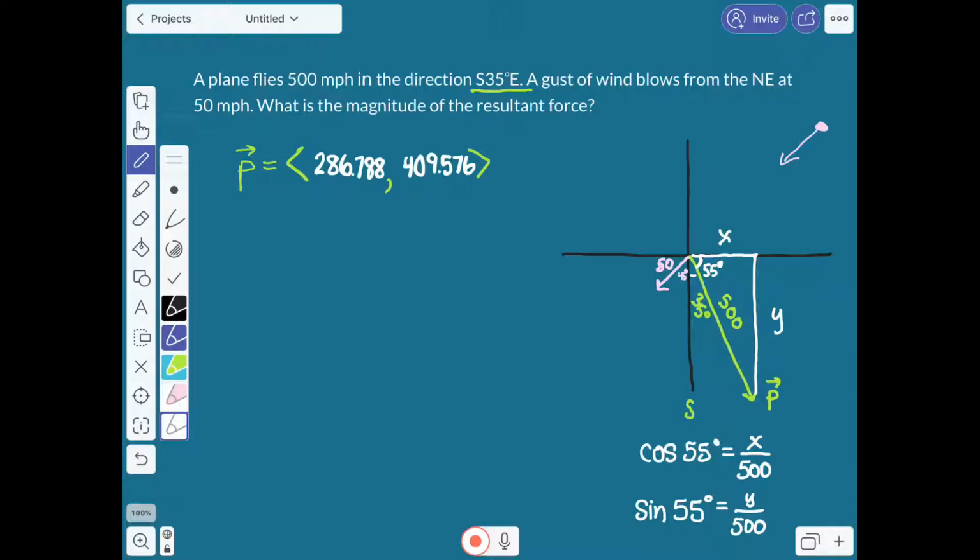Should either of those be negative? I'm going to say, since it's going south, I'm going to make the y value negative. East should be positive, so I'm happy with that. Well, let's do the wind. So my wind vector